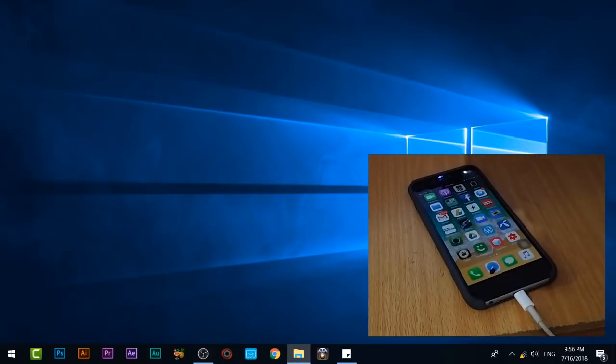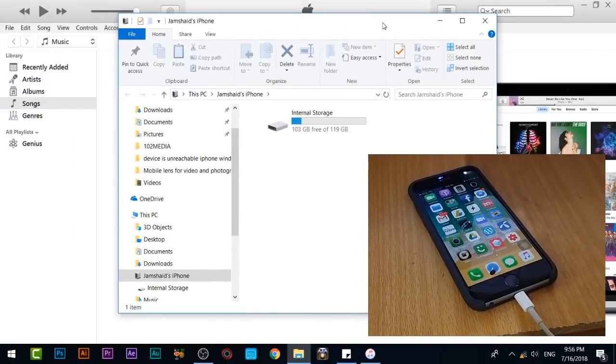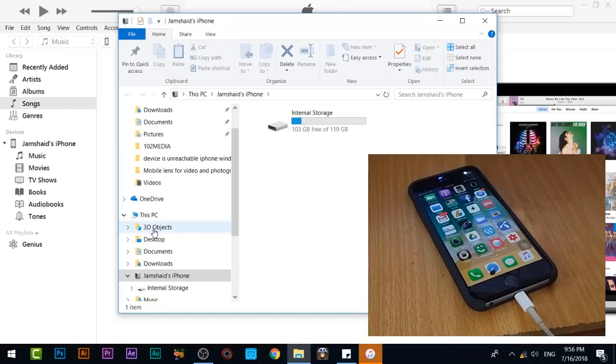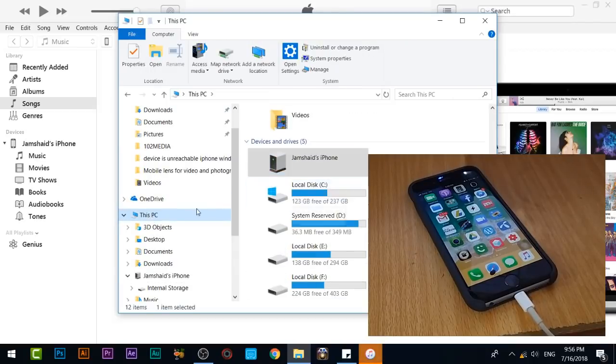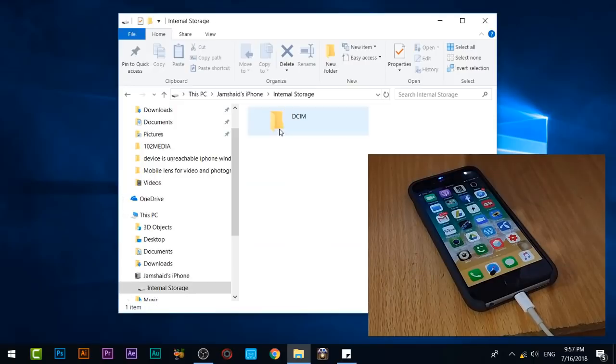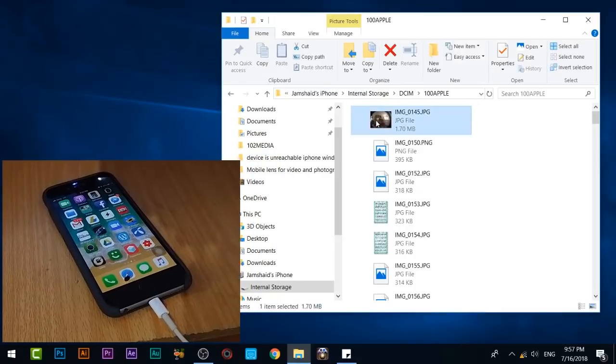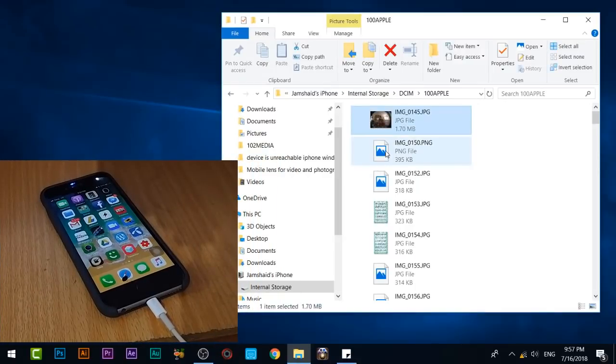Now you can see that it is connected, and iTunes has also come up. Here I have my iPhone, Jamshed's iPhone, or you can come into This PC and you will find Jamshed iPhone. Here I will go to the storage, and here is my storage file, and I'm going to copy, for example, that file